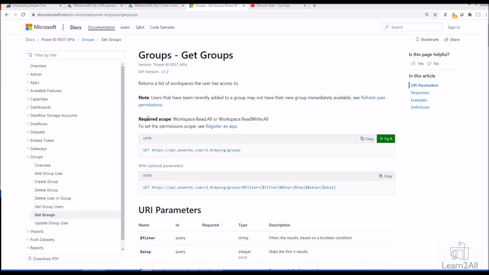We all know that Microsoft launched Power BI REST APIs. Sometimes there is a situation where we need to build a Power BI report based on the API data. So how can we call these REST APIs from our Power BI Desktop? We are going to discuss this in detail.